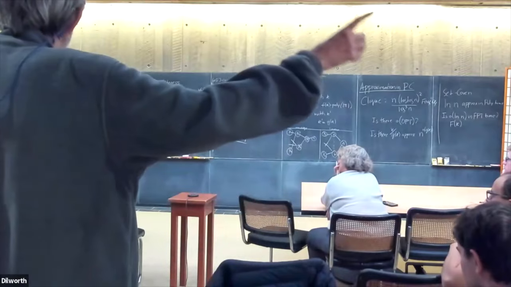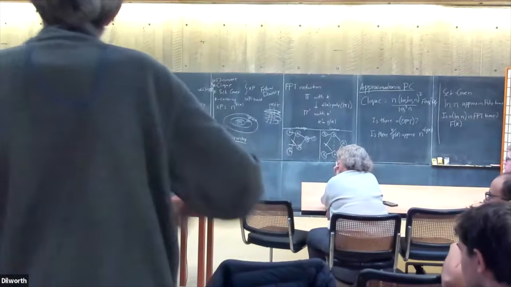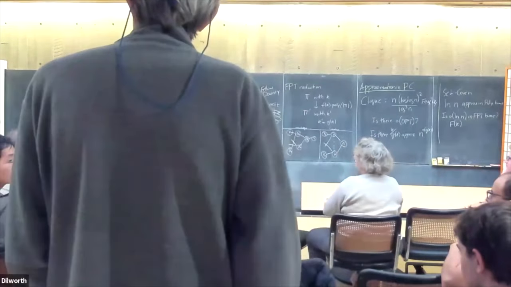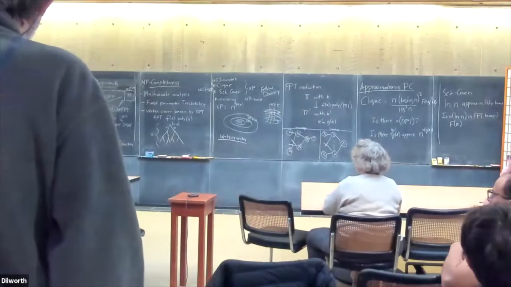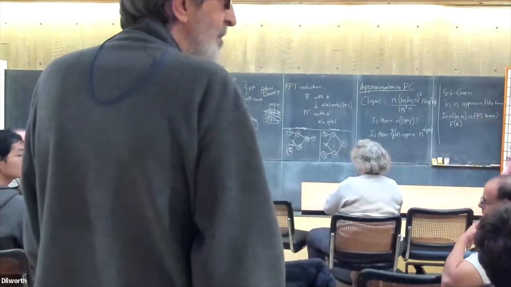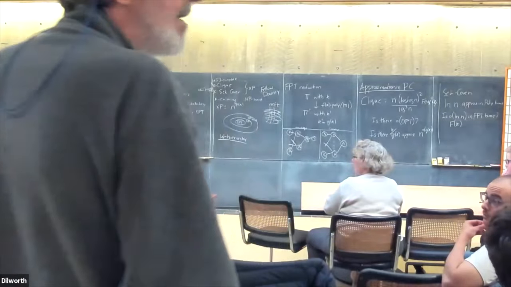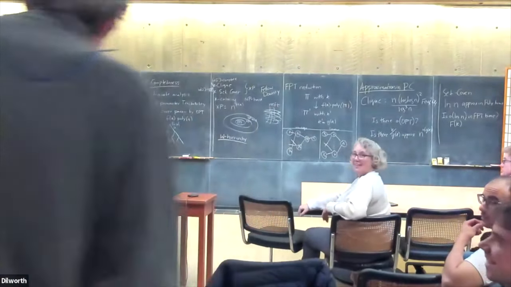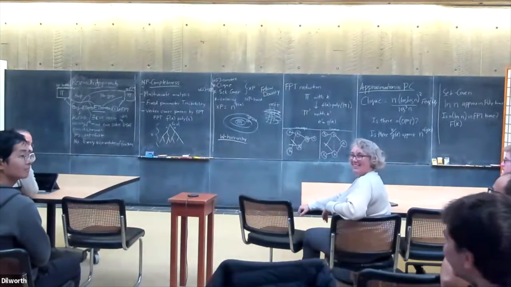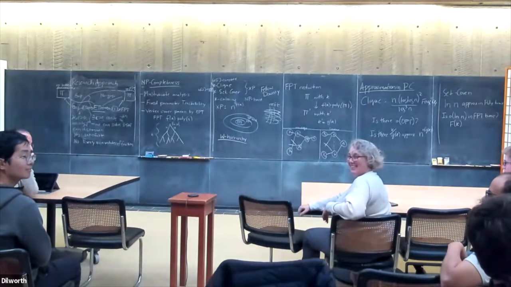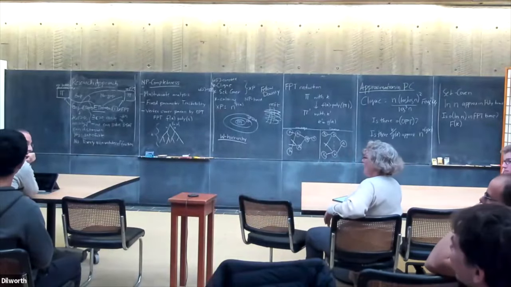Don't write too small because the people here can't read it. Oh, yes, the font size. Up to now it was great, but they don't have the screens. No better than exhaustive search, I mean, until... How come that doesn't make sense? Yeah, you want to say it's n to the omega k.